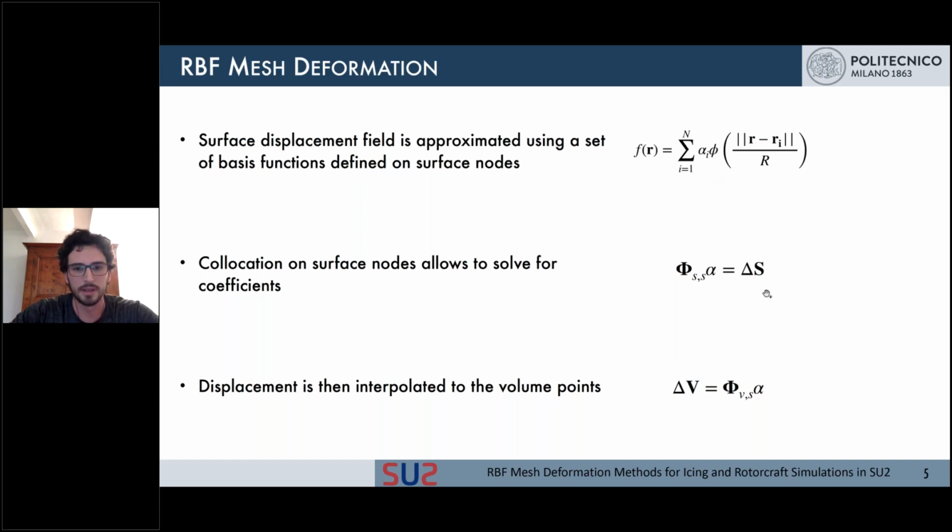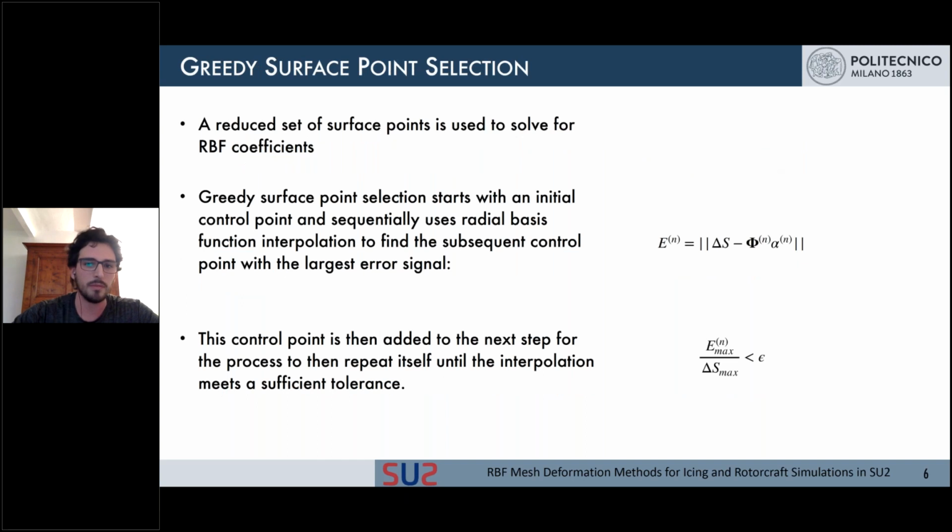So the system solved here is quite complex because it's computed on all nodes of the surface, and the sparsity depends on this coefficient R here, and it can be a filled-up system, so it's not easy to solve. One way to approach the problem is, instead of using all surface points to approximate the deformation of the surface, we just use a reduced set of points that we call control points, and to select them we use a greedy